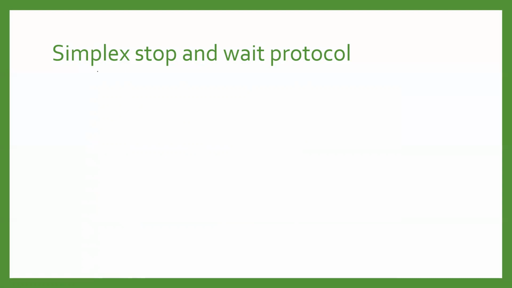Now what is happening in this protocol? Whenever the sender's network layer has data, the data link layer will pump out the data from the network layer and transmit it to the sender's physical layer. Okay, once it is transmitted, it will not go into the infinite loop to receive data from the network layer.